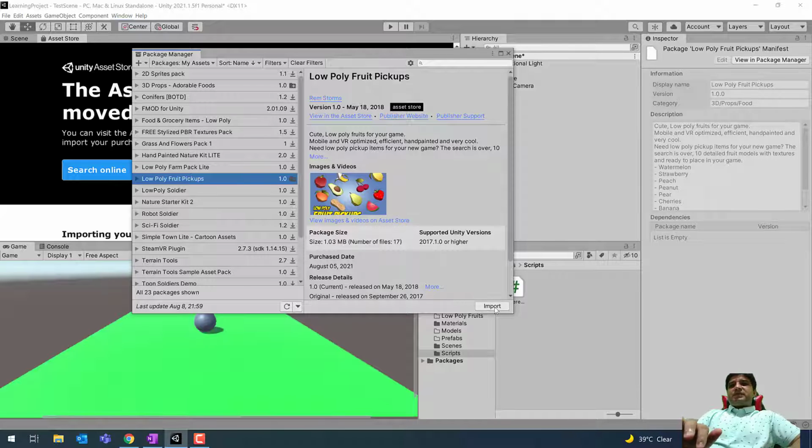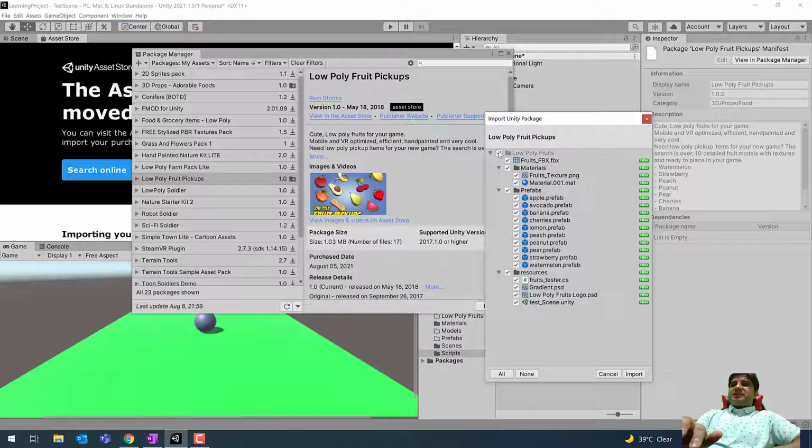Once it is downloaded, you can click on the import button to import these assets. You can see these are the different available assets which we can import into our project. Make sure that all these check marks are checked because we are interested in importing all these available assets to our project. So click on this import button.